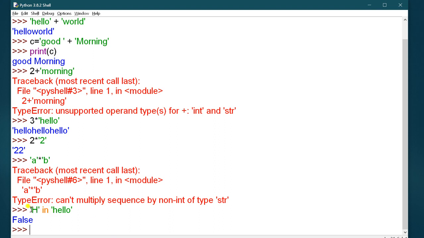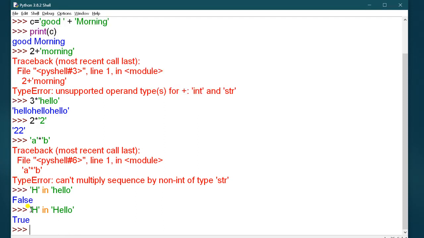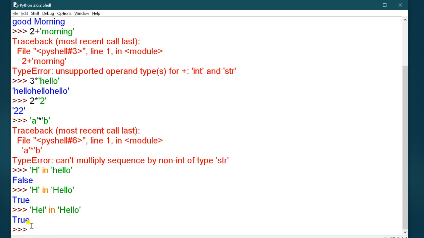If I write capital H and then check, it will give you the true value. Again, if you want to check hell in hello, it will give you true. It will check this string in that other string, so the result is true.